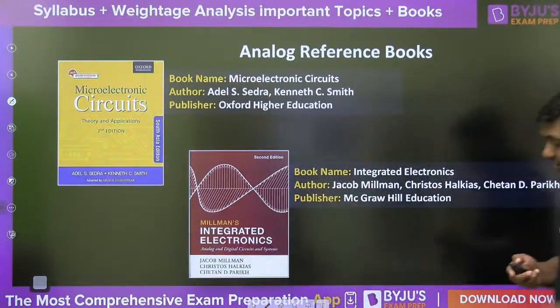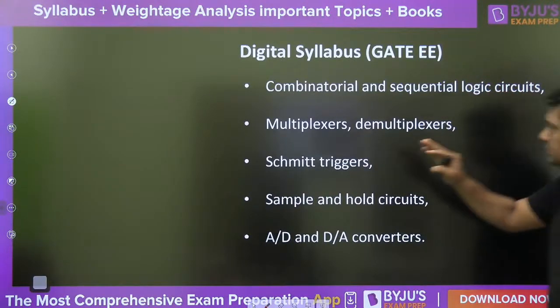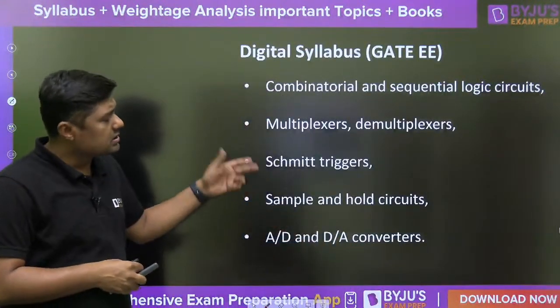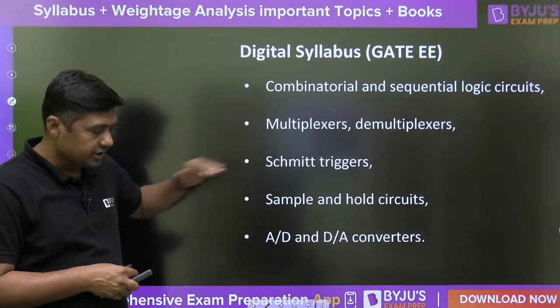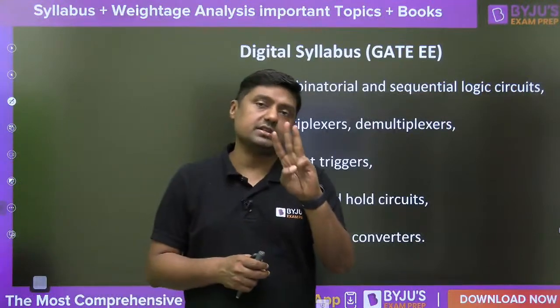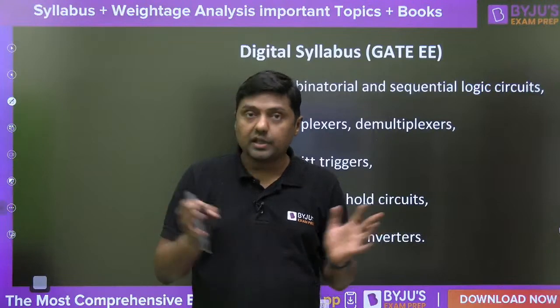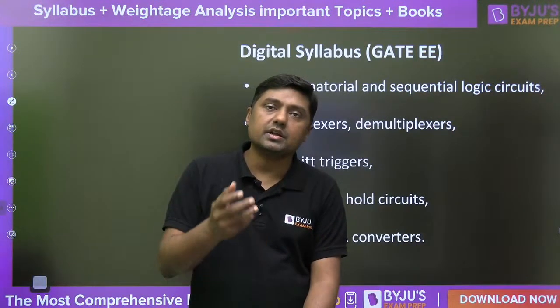Then finally, digital. Digital means what? Combinational and sequential logic circuits for the electrical branch. Then multiplexer and demultiplexer. Schmitt trigger circuit is a common topic in operational amplifiers, in analog and in digital. That's why I am going to take 3 series, 3 subjects: network, digital and analog. They are interlinked. Without network, it is not possible to solve the questions from analog. And once you get command over analog, then guys, multivibrator, Schmitt trigger circuit and